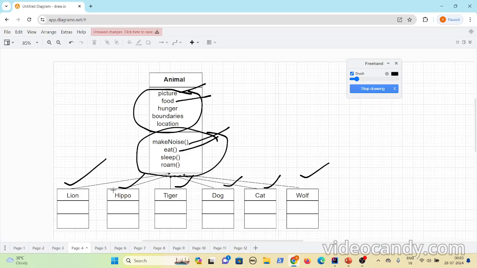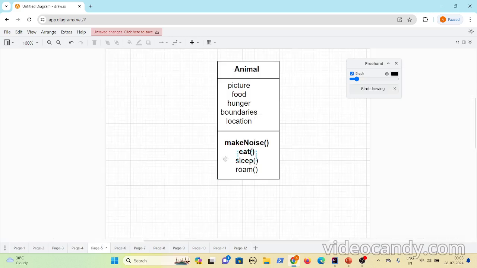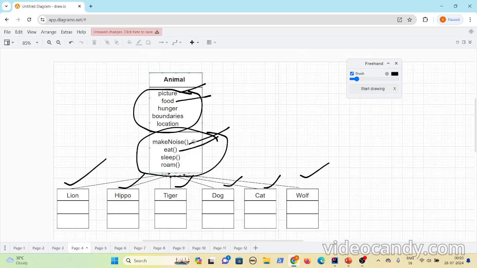Now, when you look at the lion class and all, when you look at these methods specifically, when lion, tiger, dog, cat sleep or roam, they do the same thing. Let's consider sleep and roam. The behavior of sleep is not different for lion, tiger or cat. Everyone sleeps in the same way, and they also roam.